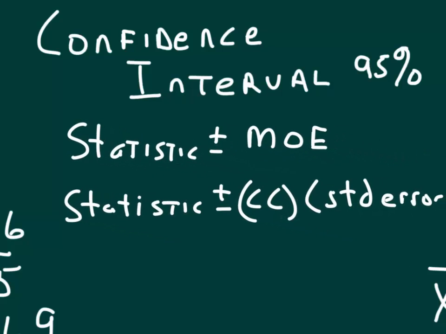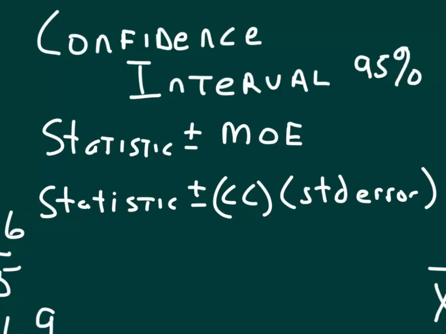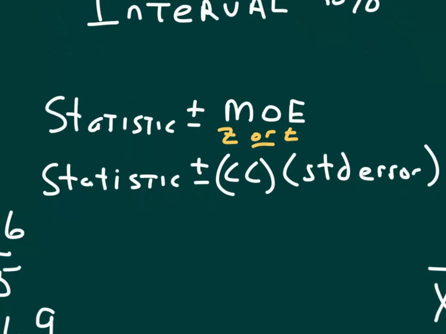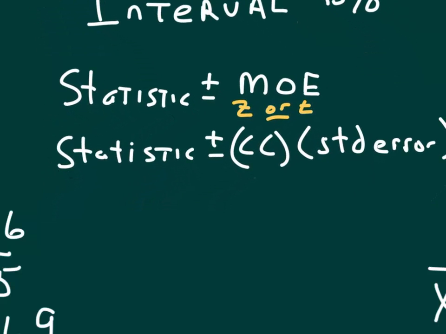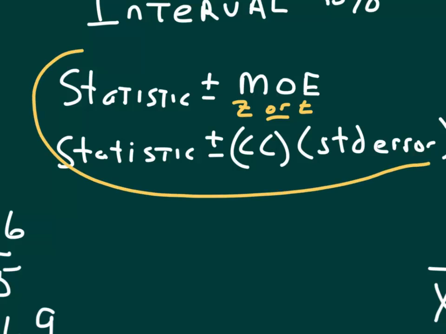will have statistic plus or minus margin of error, and that margin of error will always be computed as a confidence coefficient times the standard error. That confidence coefficient, I'll go ahead and tell you, will be either a z-value, or, we haven't gotten to this yet, but we'll have something called a t-value, and it might be that as well. This relationship here is a relationship you ought to spend some time making sure you know and understand,